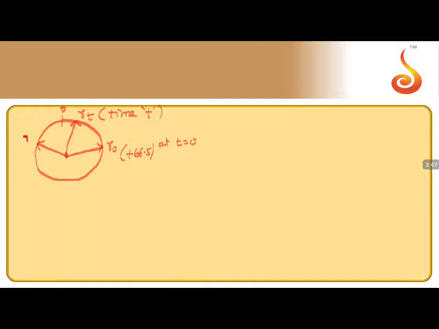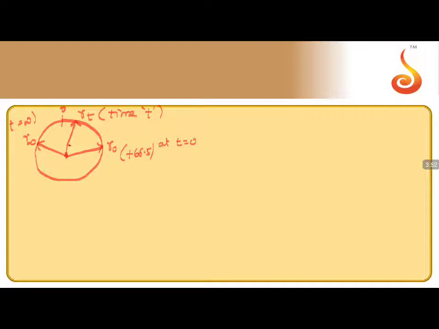Taking this concept forward, let us say initially this is 0, where plane polarized light has nothing to do. For sucrose, let us take this as R naught, for example plus 66.5, at time t equals 0. Now at some time t, this value will change slightly to Rt, and at time t equals infinity this becomes R infinity.